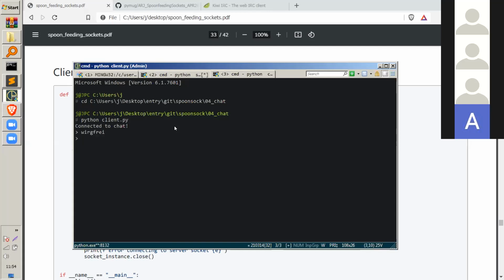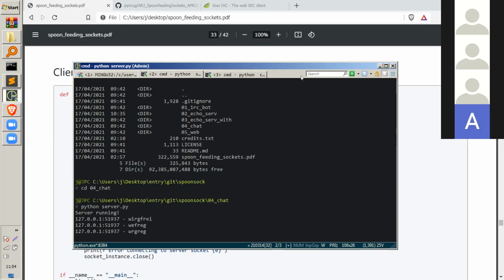So you can send in something, and then here you will see.